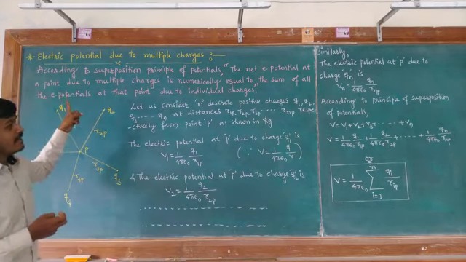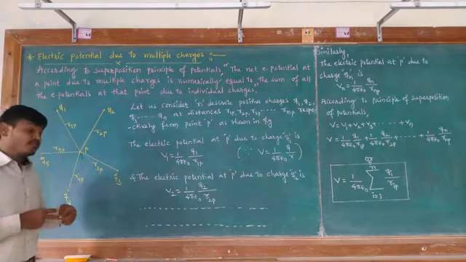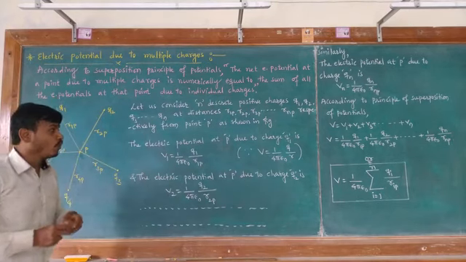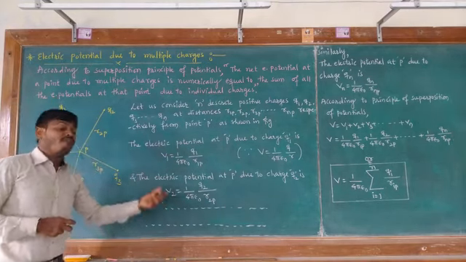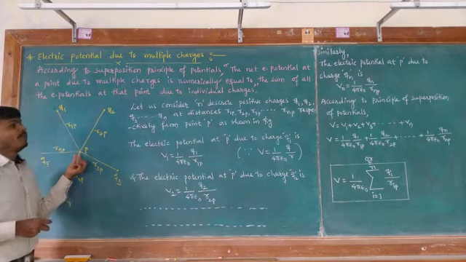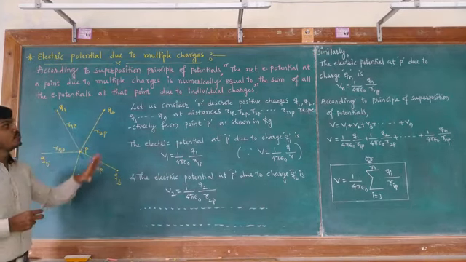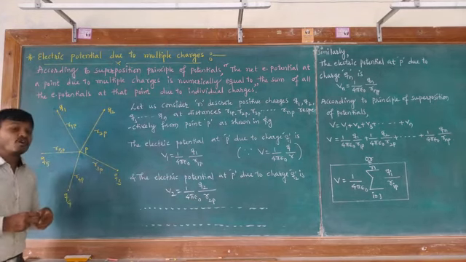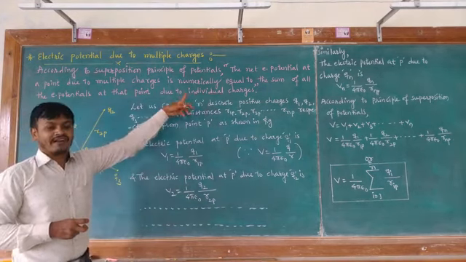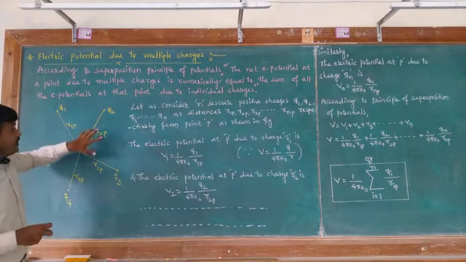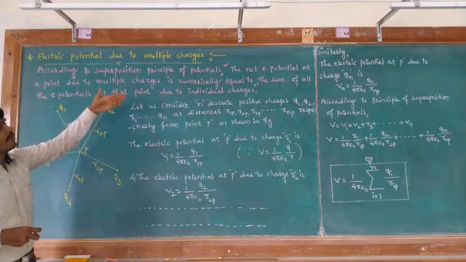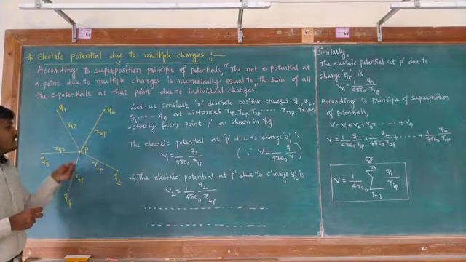See, the statement is: the total electric potential at a point due to multiple charges is numerically equal to the algebraic sum of all the electric potentials at that point due to individual charges. This is the statement of the principle of superposition of electric potentials. See, here according to the statement of the principle of superposition of electric potentials, we have,